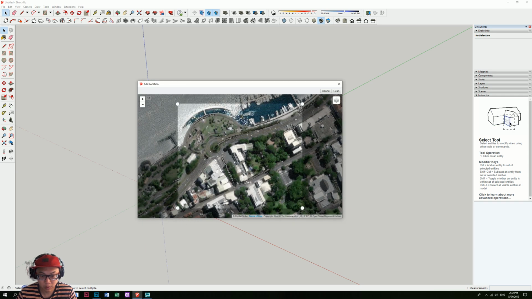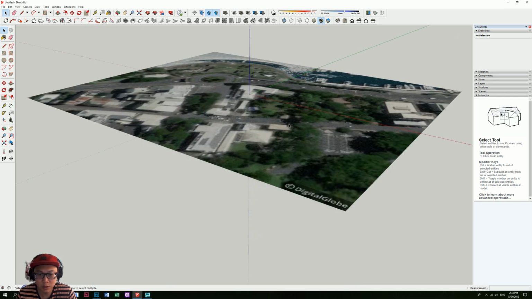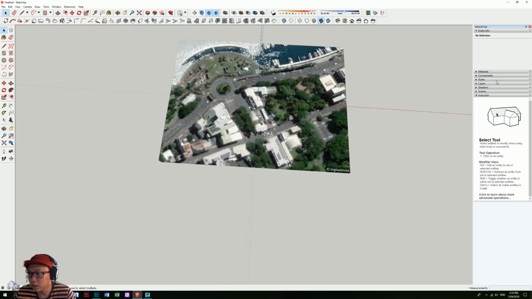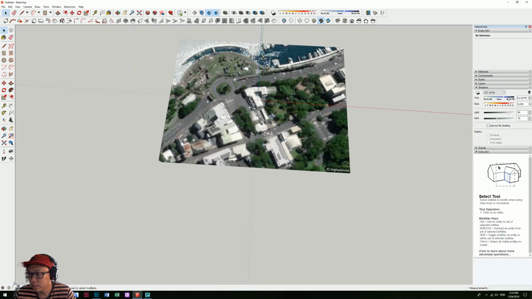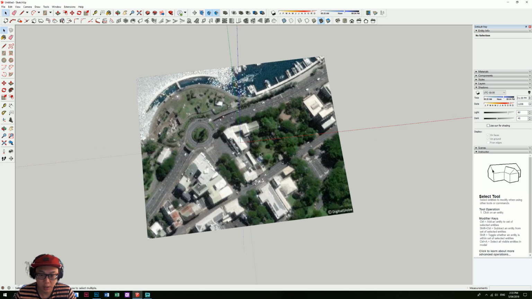Oops. And grab. So now the image is projecting to here. The sun parameters are already done properly, and